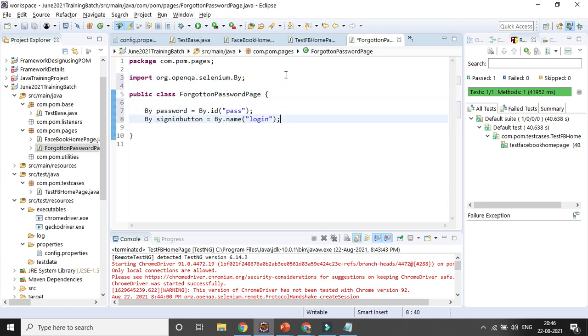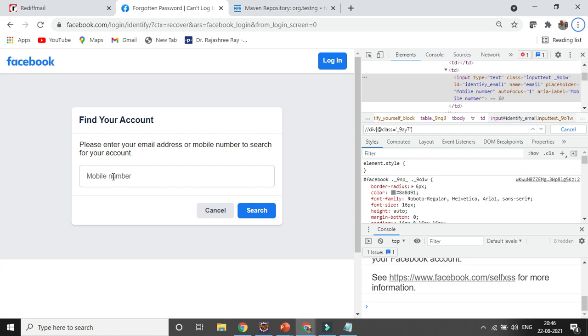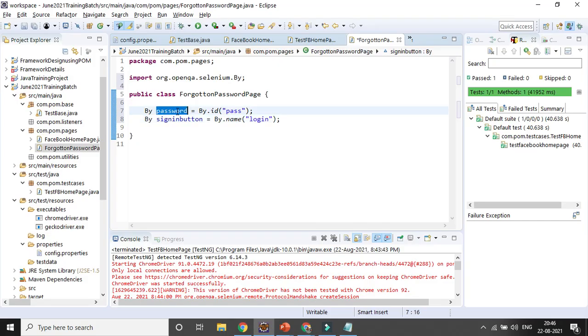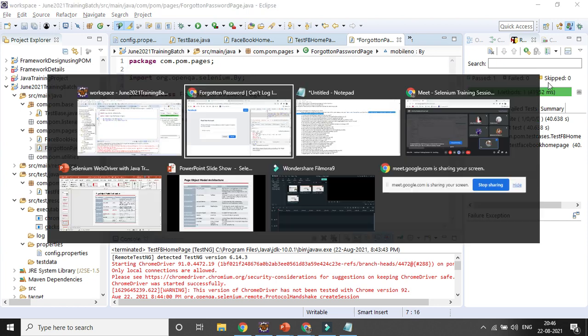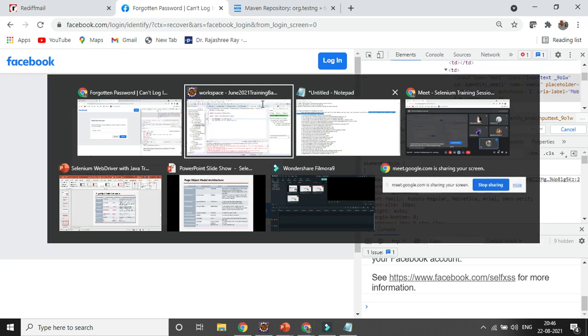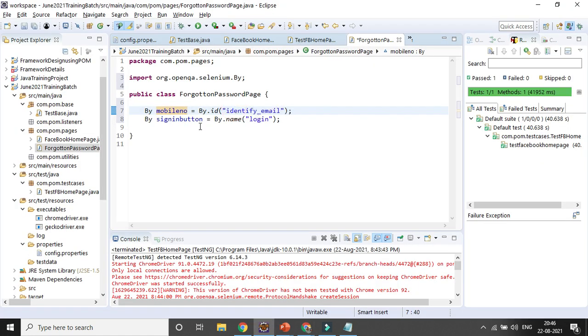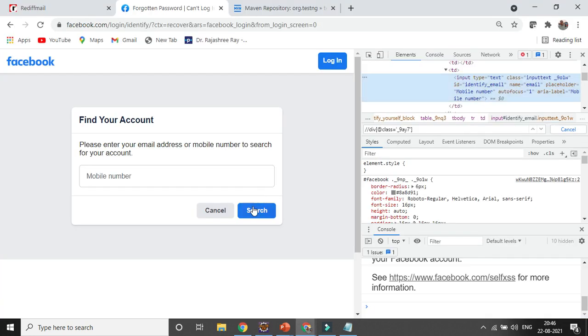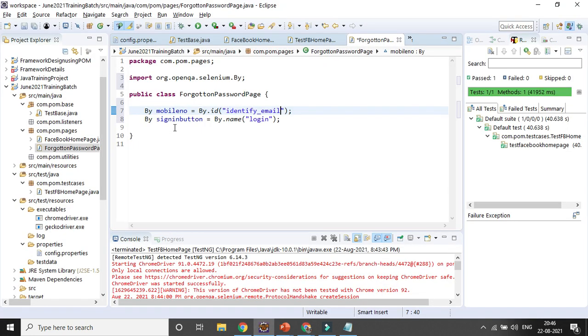First I will use the mobile number field, identifying it with the help of ID. Then the button name is search button.